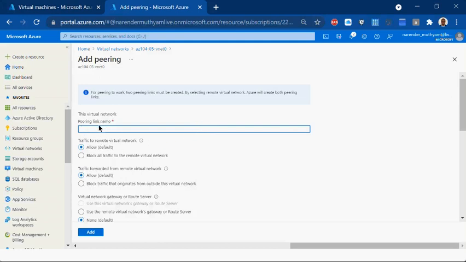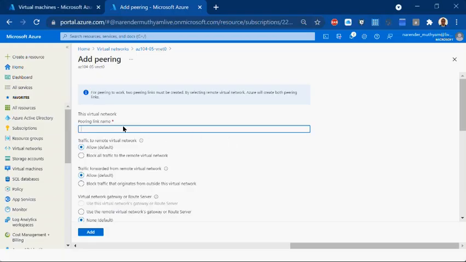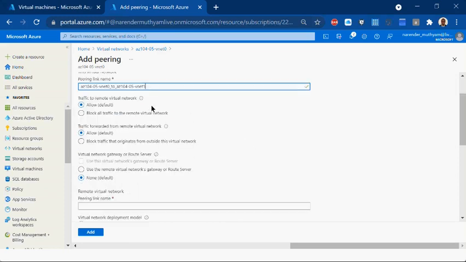So here it's asking you to provide the link name. This network to what network is the link name. So get the link name, right? You just use the same names here. Once you understand the concept, you can play around by renaming or whatever convention you want to do. It is up to you. And here, leave everything here.